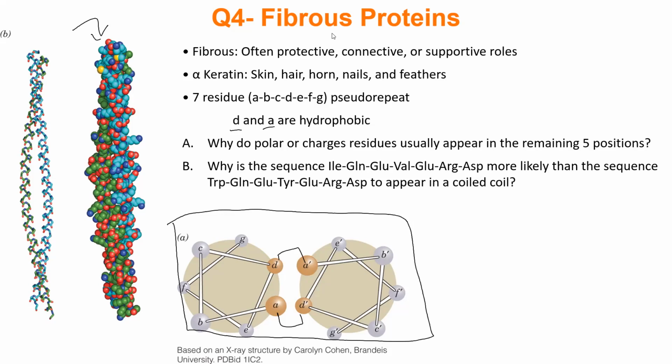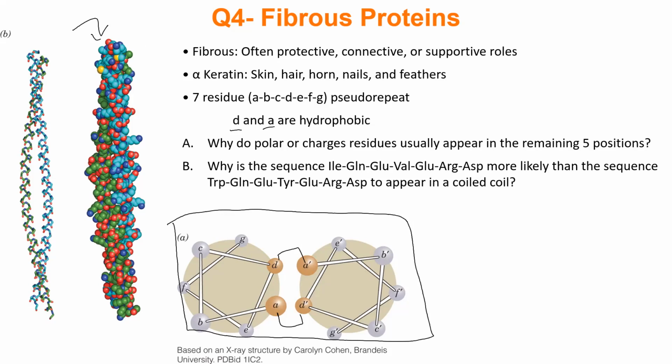So they won't disrupt the alpha helical shape. Yeah, exactly, right? This shape only occurs because we have hydrophobic amino acids at A and D. Therefore, well, not therefore, but thinking along those lines of having the shape, why do you think, if we were looking